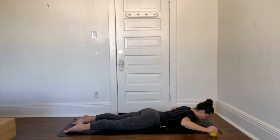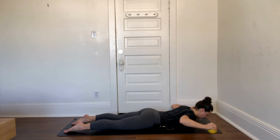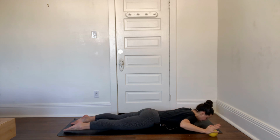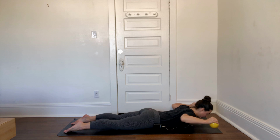So if at any point you want to do this movement just with the body weight of the arms, you're welcome to. The next time the arms come up, we're going to try and hold. You might be doing this with the weights or not. If you are holding here with me, just checking, seeing that your forearms are parallel to the floor, elbows in line with the shoulders. Doing your best here, breathing for 5,